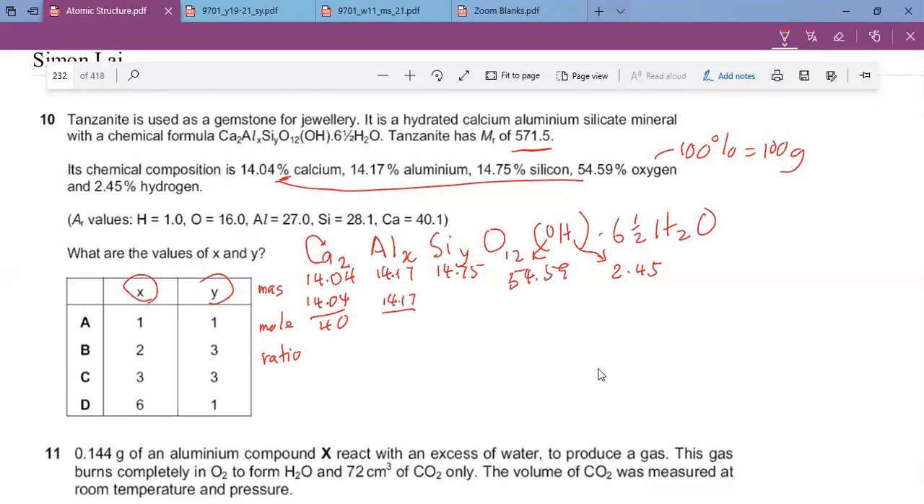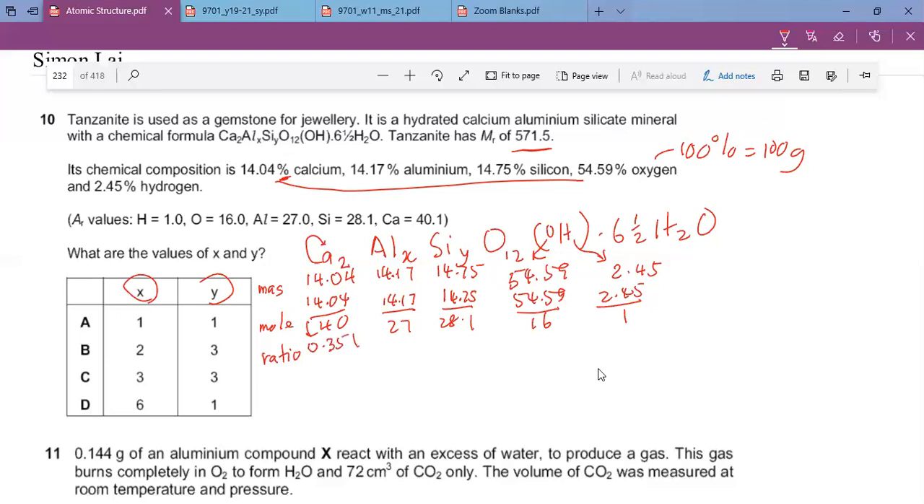14.17. Aluminum is 27. Silicon 14.75 over silicon is 28.1. Oxygen 54.59 over 16, and hydrogen is 2.45 over 1. So the ratio you found out to be, the amount here, the amount first, okay? The amount is